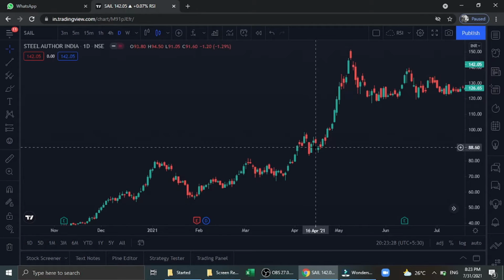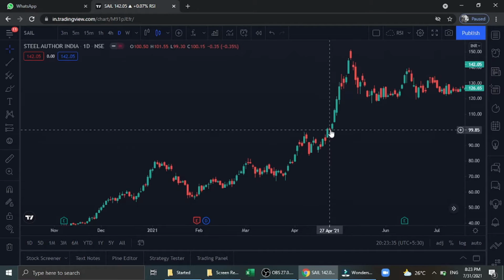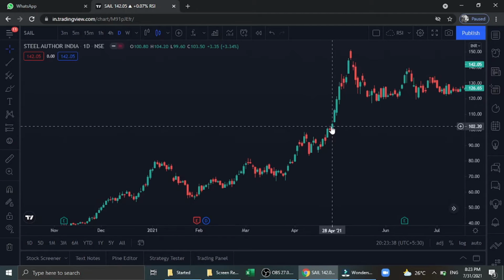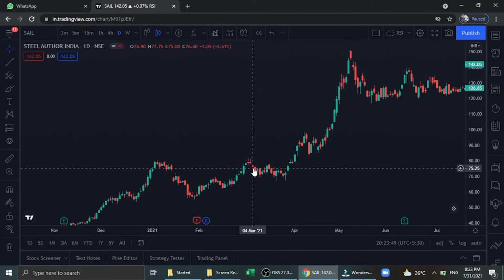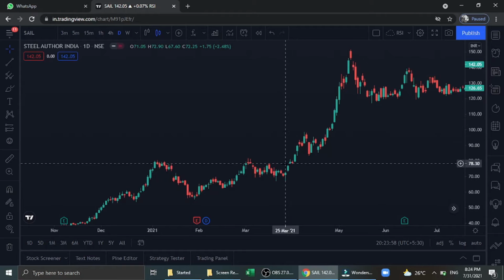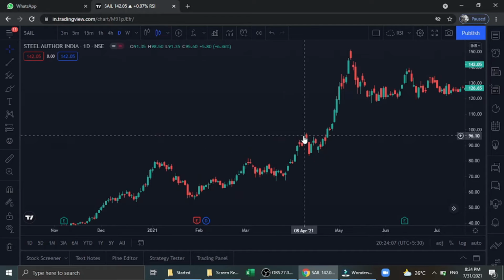Smart investors or smart traders, they never enter into these kind of movements. They always look for aggressive movements so that within short span of time they can get their results. For example, if they enter here, they have to wait almost 2 weeks to start getting the momentum. But when they know where exactly the momentum is started, then they can easily enter on that starting point of the momentum. Then they can get their results very easily.